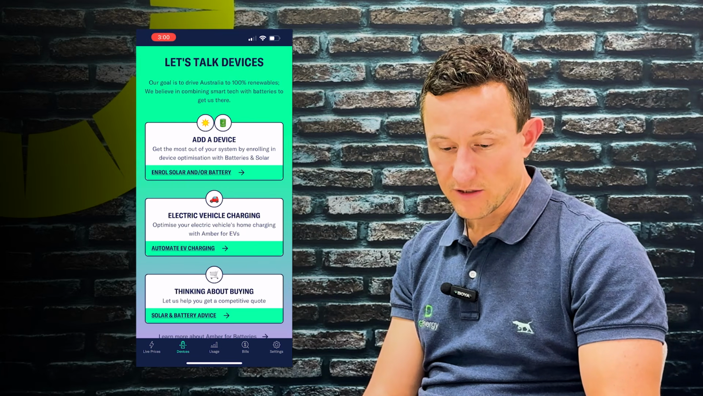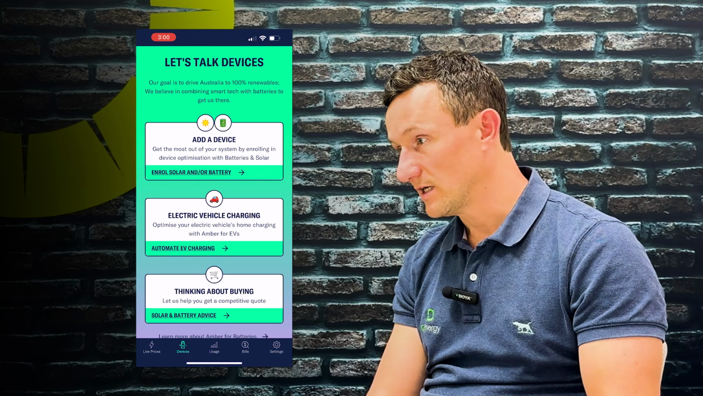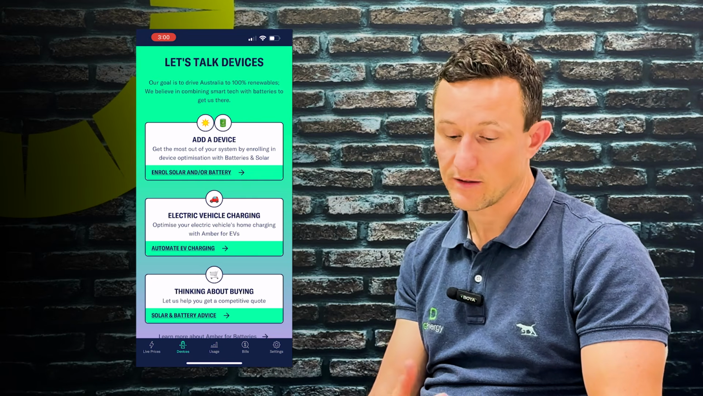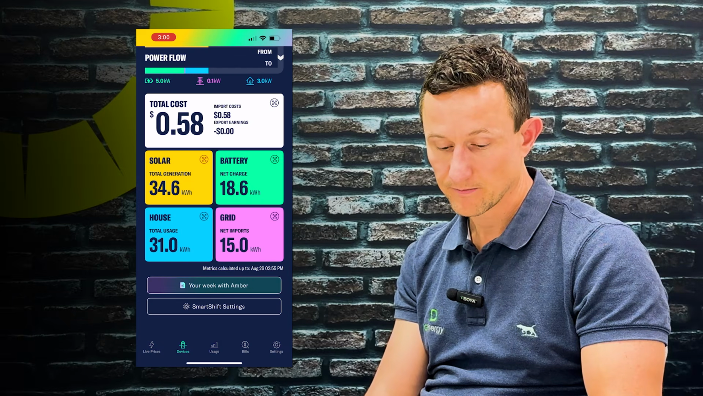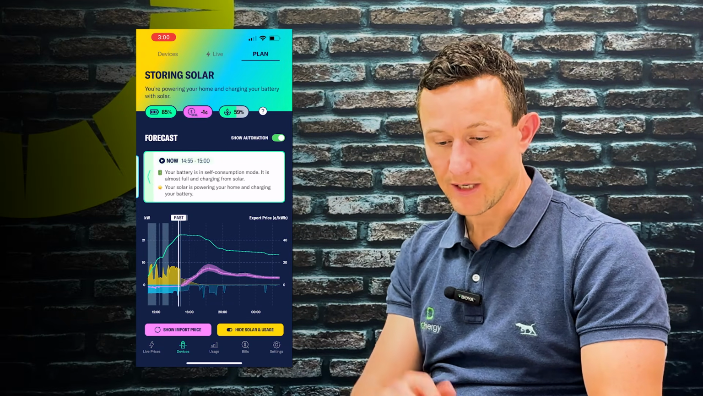Adding another device is just if you need to add another device, basically. So if your inverter is replaced under warranty, let's say, or you add another battery, here's where you need to add it in. If we go back up to the top of the devices page and we click on plan,